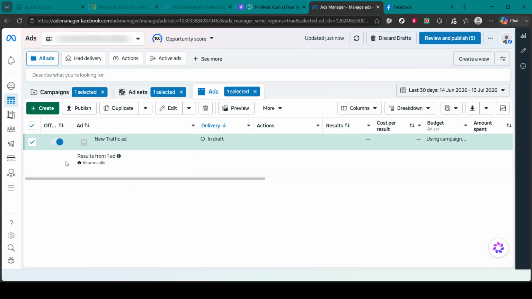Next to each campaign, you'll see a status toggle indicating whether the campaign is currently active. If the toggle is turned on, simply click it to switch it off. Once the toggle changes to the off position, your campaign is paused and will no longer deliver ads until you